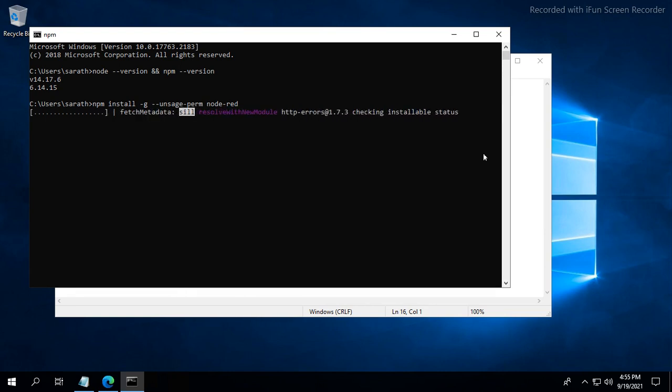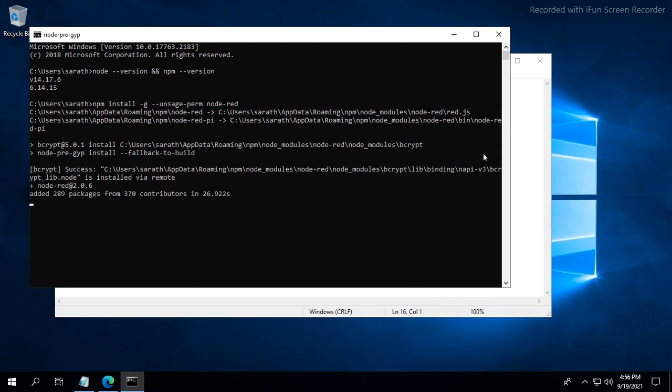Maximum this will take 3 to 4 minutes to install Node-RED. Once you install Node-RED, it will show the version. Yeah, Node.js 14.17.6 and Node-RED 2.0.6 are installed. Done.